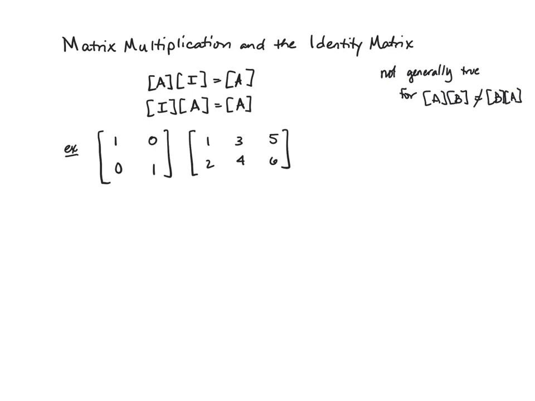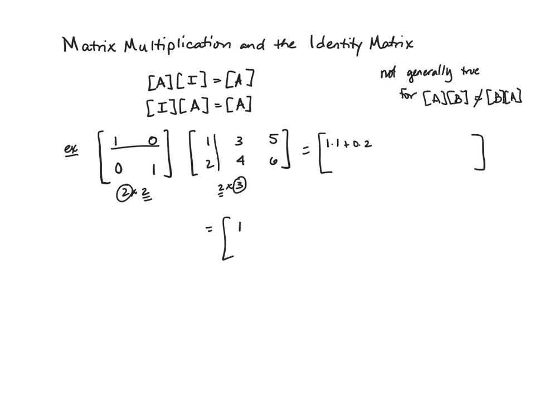But in this particular case, I've got a simple little matrix here. 1, 0, 0, 1. So this is a 2 by 2. This one is 1, 2, 3, 4, 5, 6. This is a 2 by 3. These are the same, so therefore the answer will be a 2 by 3. And if I go through and look at this, in the first row, first column, I'm going to take these two combinations. So 1 times 1 plus 0 times 2,